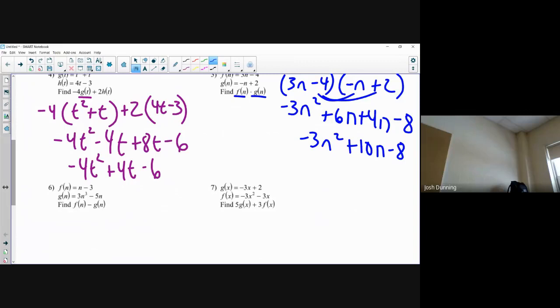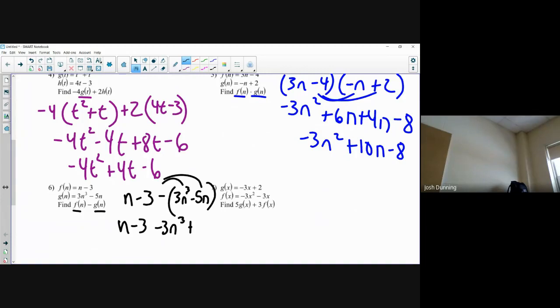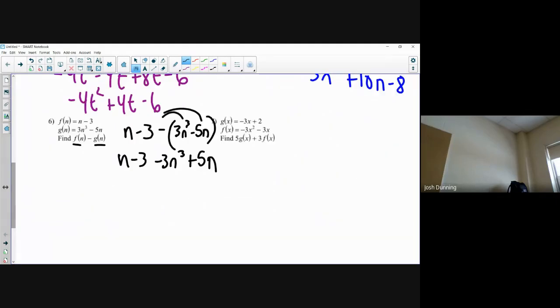This is f minus g. So here's f, there's nothing in front of it, so I don't need parentheses because I don't have to distribute for this one. So minus g, but in order to subtract all of that g, I got to use some parentheses. Distribute the minus. Double negative, plus 5n. Now, we're only going to be able to combine the n's there, leaving n